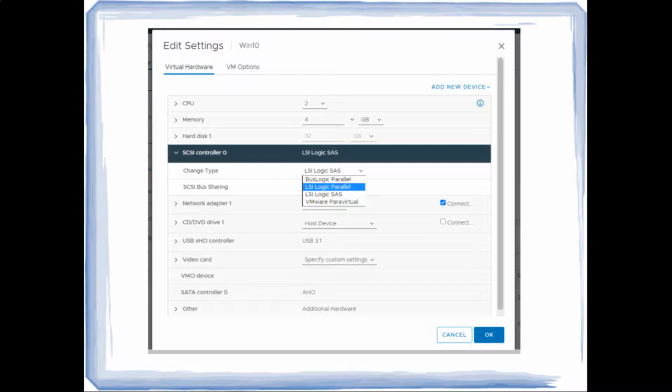If you use the C drive as a Para Virtual SCSI controller and in any case you need to uninstall VMware tools, the driver will go away, and when you reboot the server, the operating system will look for the driver, and it will never boot up.